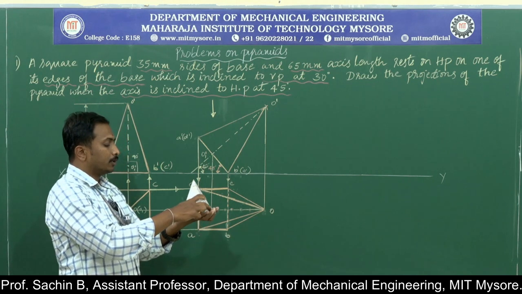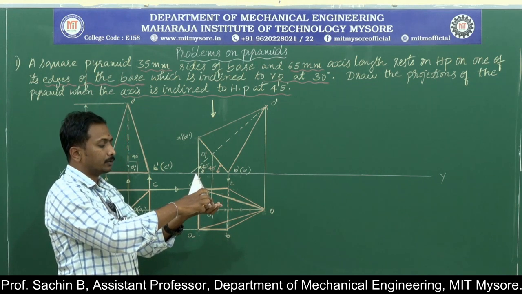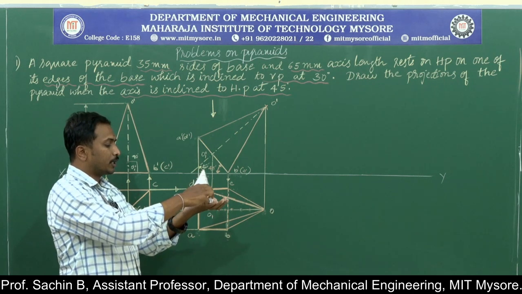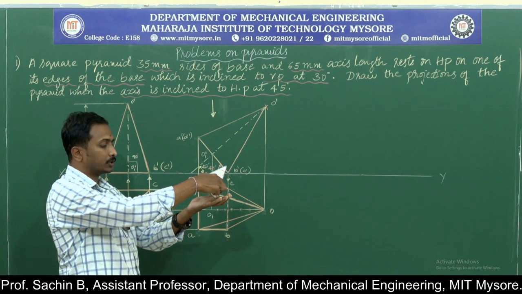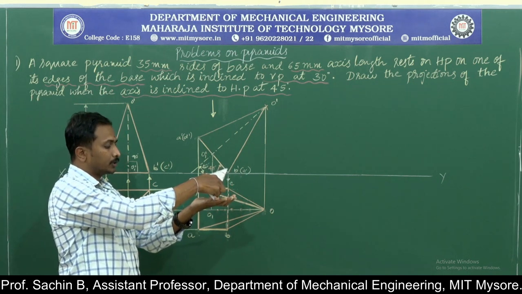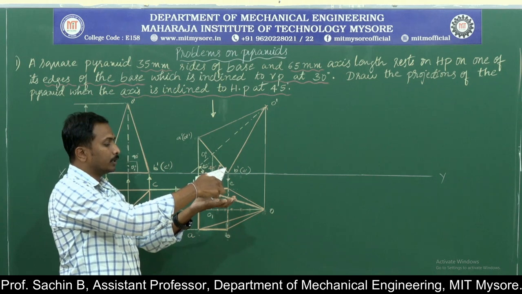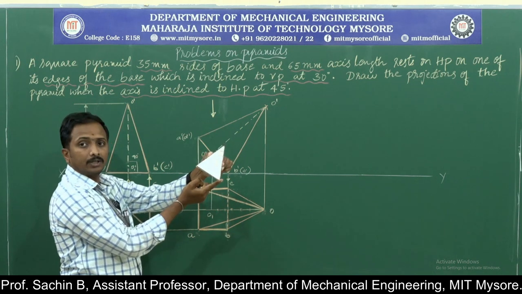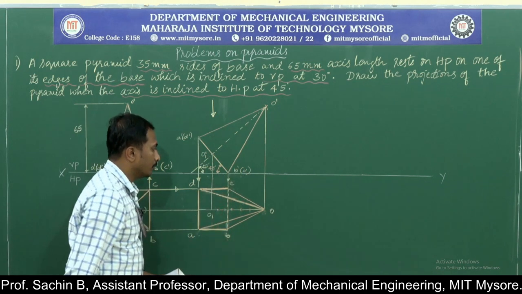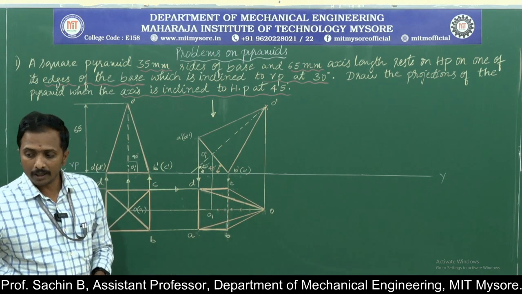Just observe here, in the first position I kept the object like this by considering any of the edges parallel to VP. Next condition, I go for tilting the object towards the right side. By tilting the object towards the right side, I clearly know that this edge will be the resting edge. This edge will be the resting edge. That edge is nothing but B dash to C dash. Now again I'll go for